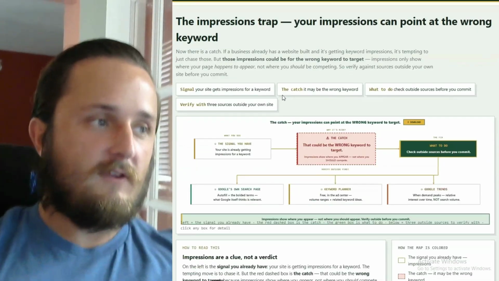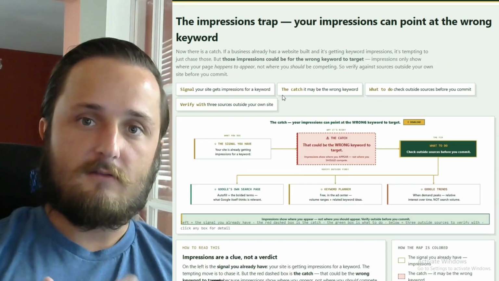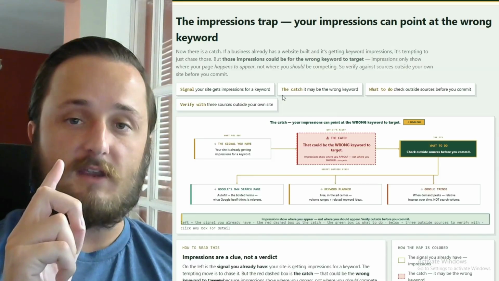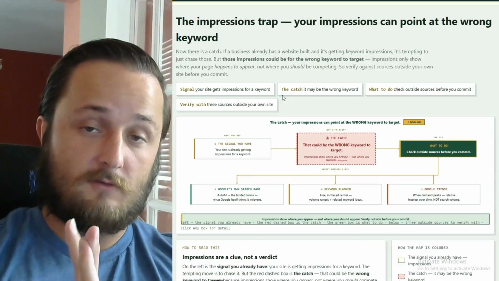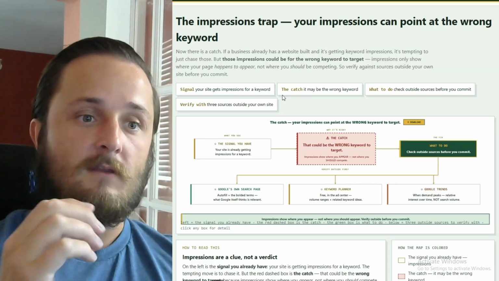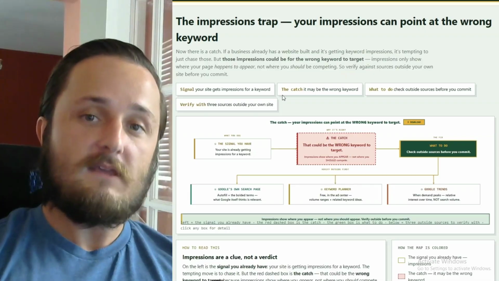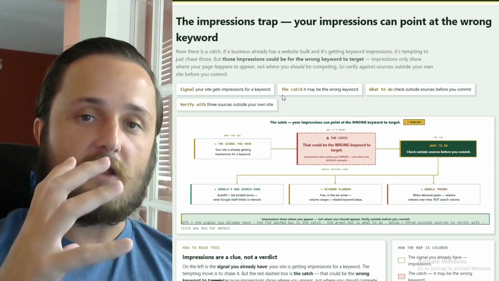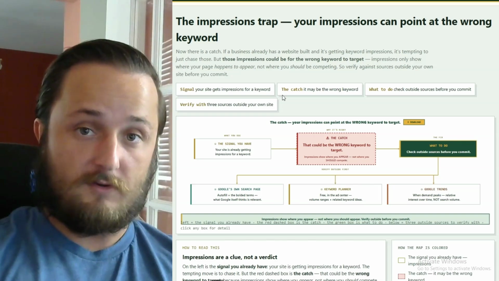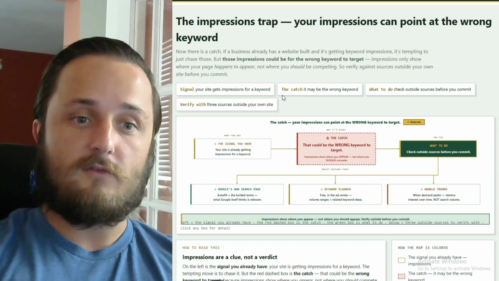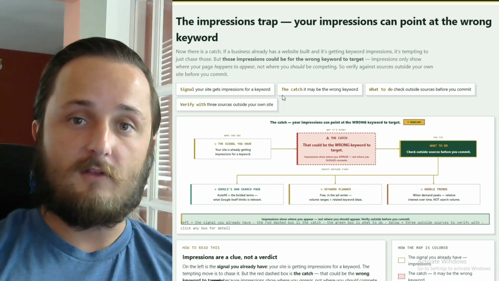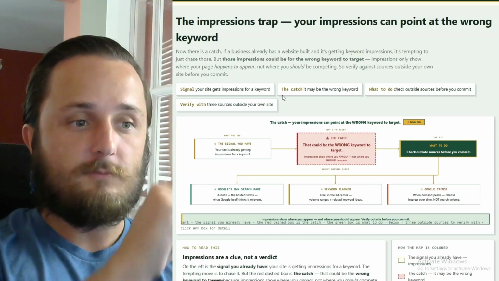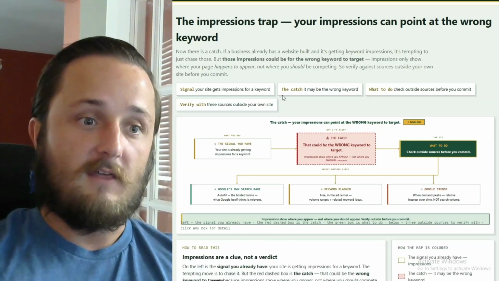Now, having all of this impression data on when your Google business profile is showing up, and the impression data on when your website shows up in Google Search Console, is great. But this doesn't mean that those are the keywords we want to target. When it comes to targeting a keyword you're considering, you want to have multiple sources of truth, or multiple sources of data, to help you build the confidence that this is the keyword